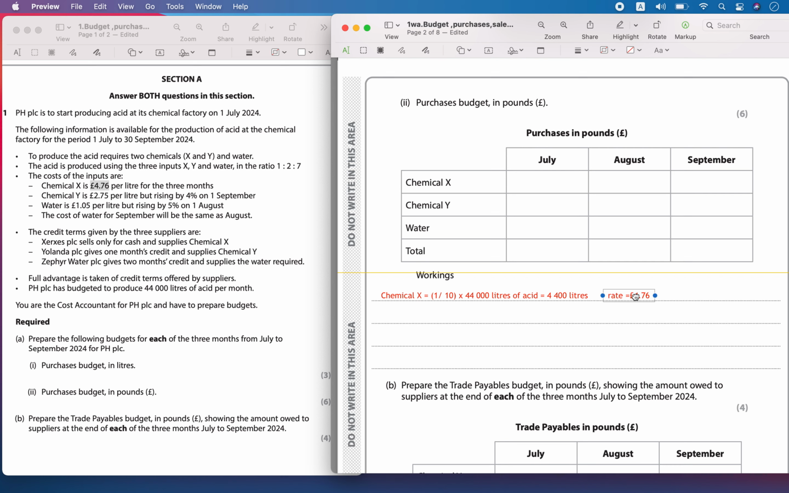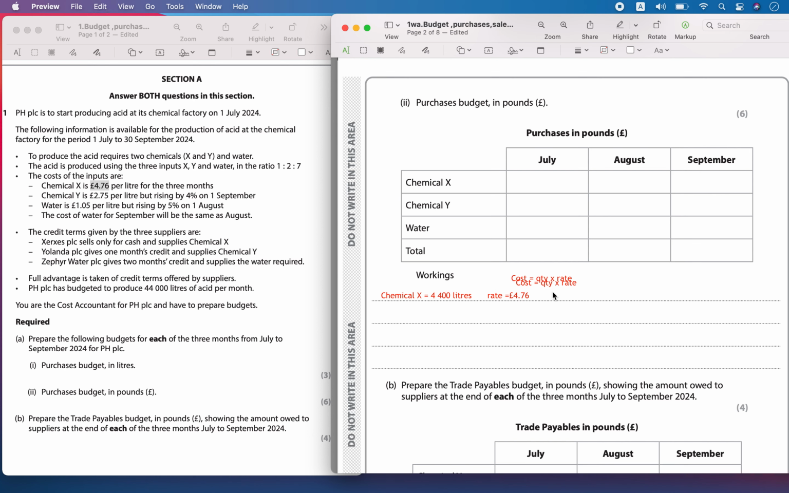Now how much is the cost? Okay, the purchase cost will always be equal to the quantity required times the rate. That is the general formula. So I know that I need to get 4,400 liters, and the rate